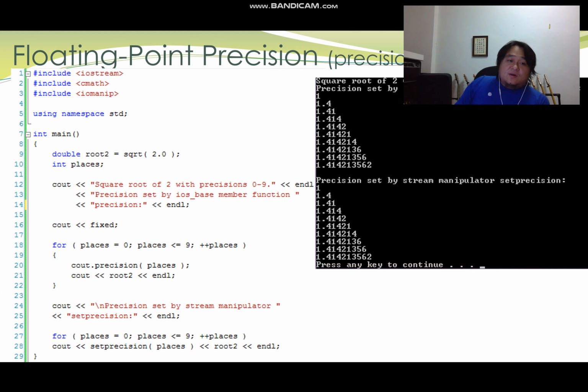Right, so as you can see here, line number 16, cout fixed. Line 18, for places equals 0, places less than or equal to 9, places plus plus. That's an increment loop. And at line number 20, cout.precision places means I'm going to set the precision from 0, 1, 2, 3, 4 by printing the same number over and over again. So technically, I'm printing the number 1.414213562 from 0